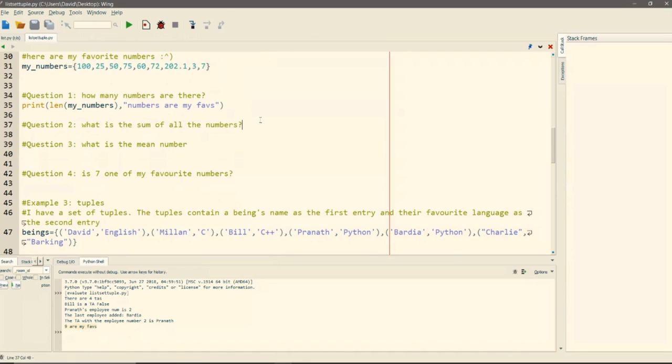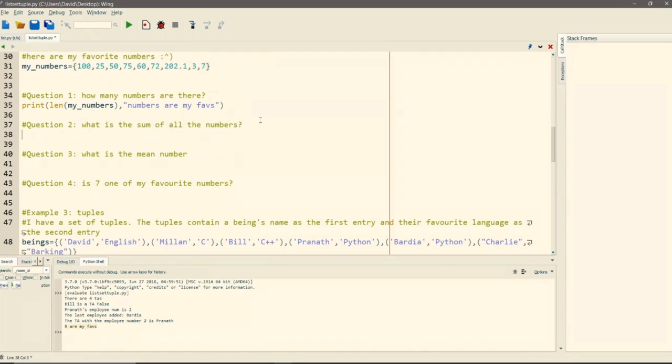Sweet. Okay. So the next question might be, what is the sum of all my favorite numbers? So you probably noticed by now that these data structures and loops are very, very useful together and not too useful alone. So our goal is to get the sum of all numbers. So we're going to start by assuming that the sum is going to be 0. But as previously mentioned, it's probably not a good idea to use the word sum. So we're going to write total nums. And we're going to start that off at 0.